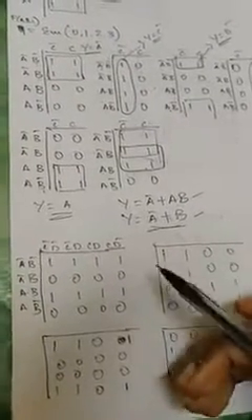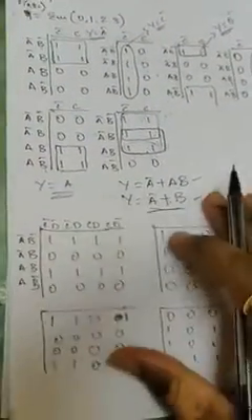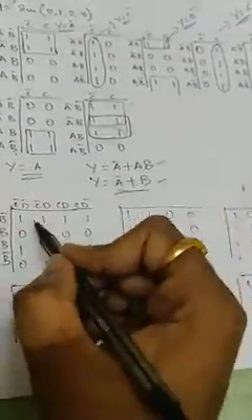I have not taken the question, just randomly filled based on my assumptions, so that I can explain you the different patterns of quads possible with respect to 4 variable K-map. Okay, so if this is the case, how many quads possible now? Look at this K-map. So how many quads possible now?